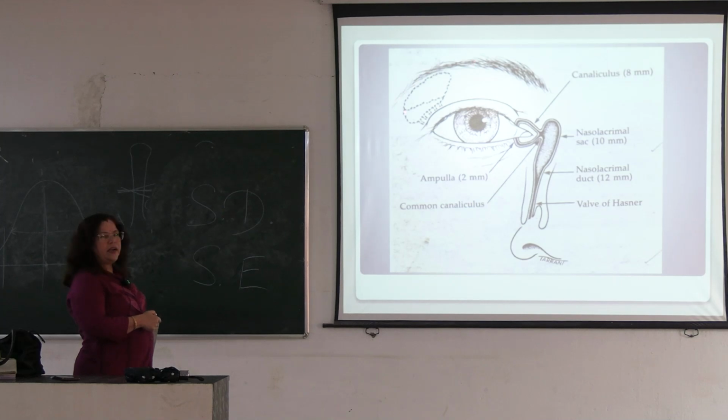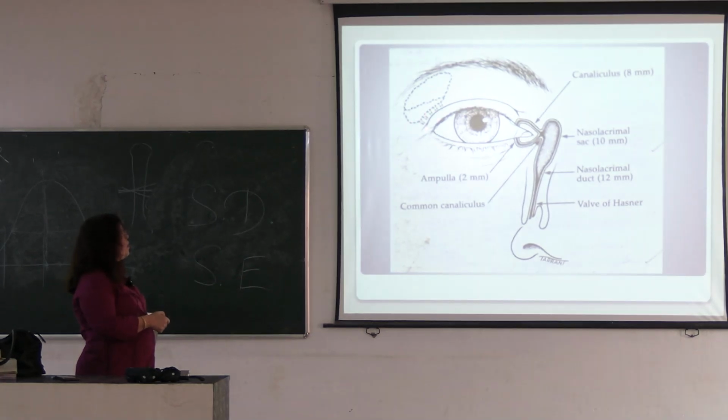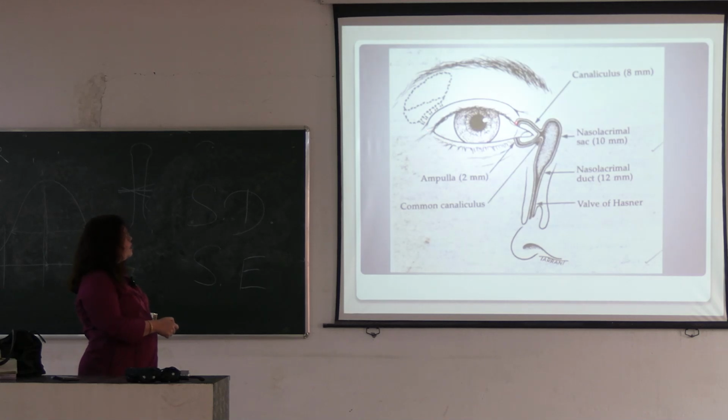This is the lacrimal gland, and this is the orbital part, this is the palpebral part, and these are the ducts which open into the inferior fornix. Here the secretion occurs and it comes into the conjunctival sac. From the conjunctival sac, this is the upper puncta and this is the lower puncta. This is the vertical part and this is the horizontal part. This is the lower puncta, with its vertical part and horizontal part.